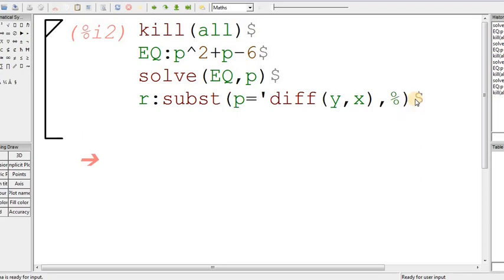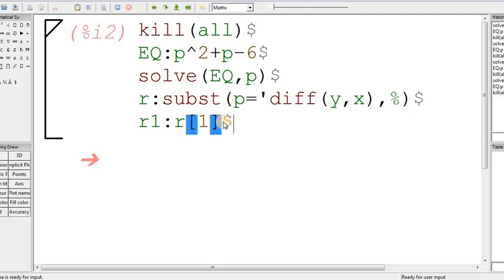Next, it has two roots, so I will assign the first root, r1 equals r of 1. In the above equation I have got r. R has two roots because I have substituted p values, and for p I am assigning dy by dx. I have to give the assignment in this fashion. Now r1 is nothing but r of 1. Make it dollar symbol again here.